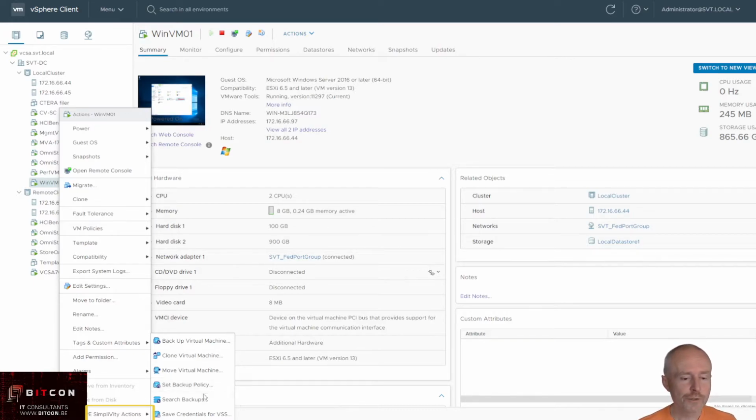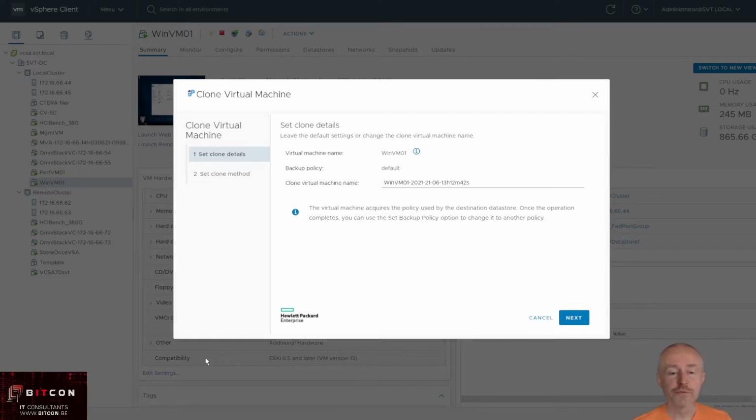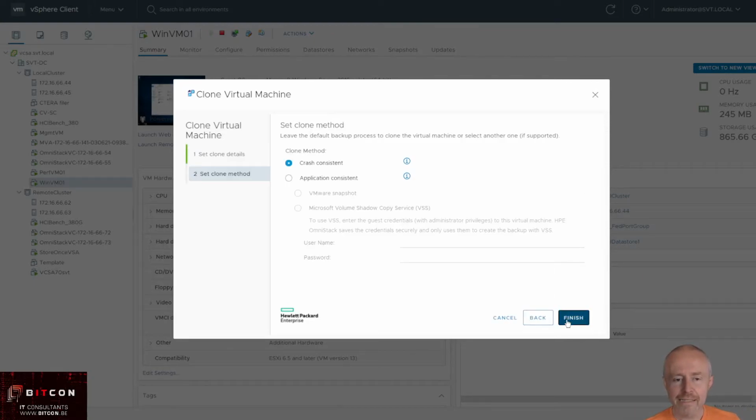And of course you can search backups as well if you want to do a restore of that machine. Now, first of all, because I'm going to use or maybe even abuse my virtual machine, for my demo I'm going to clone this virtual machine, and I'm going to call it Bart VM01. Just gotta have a name, right? I hit next,